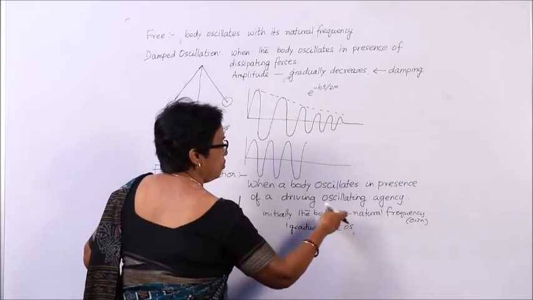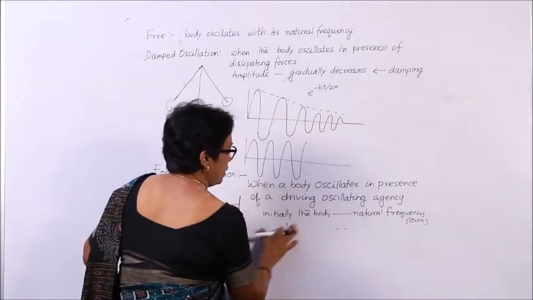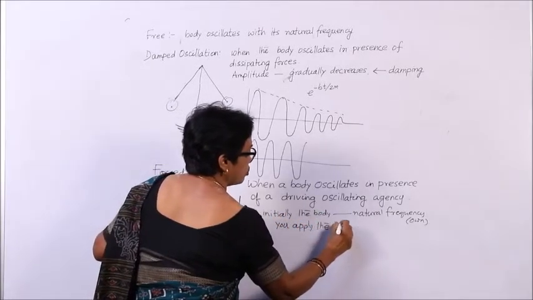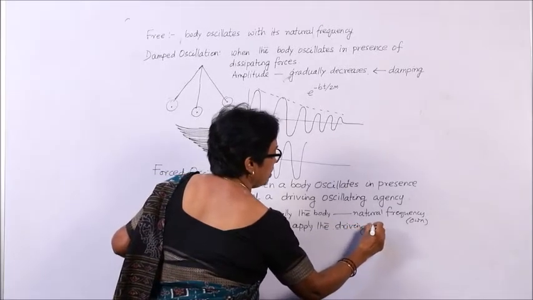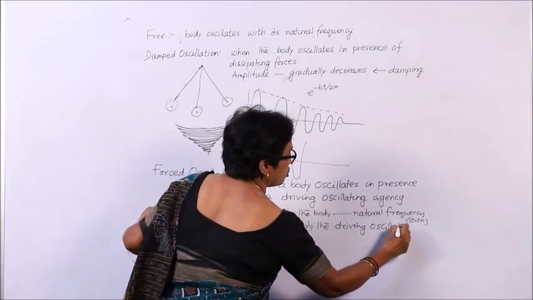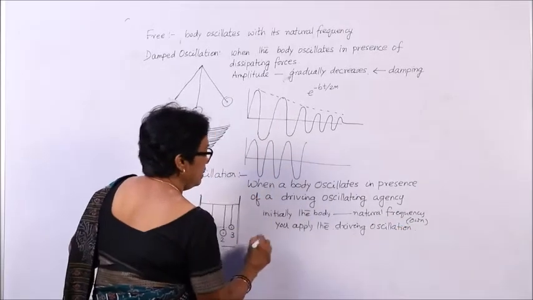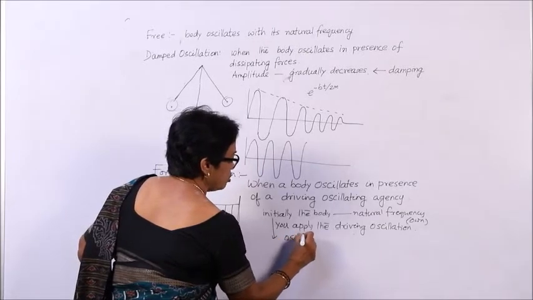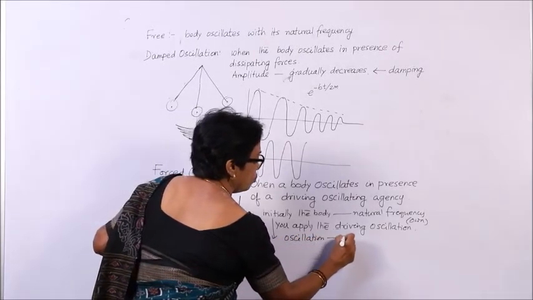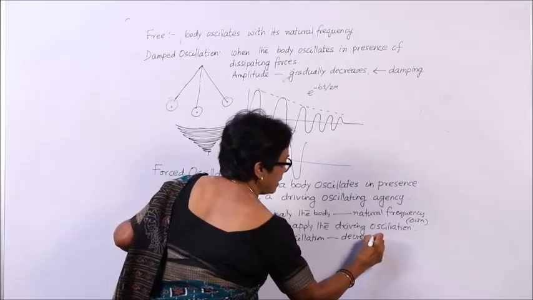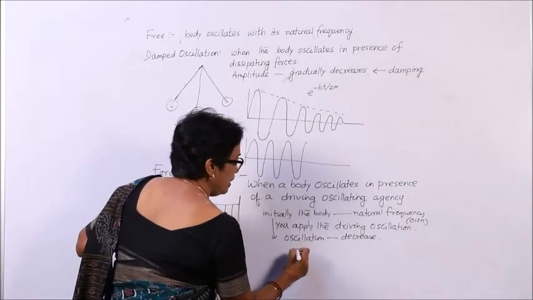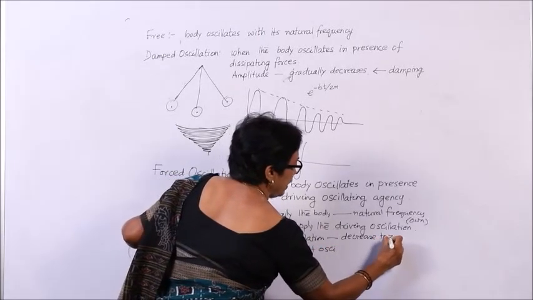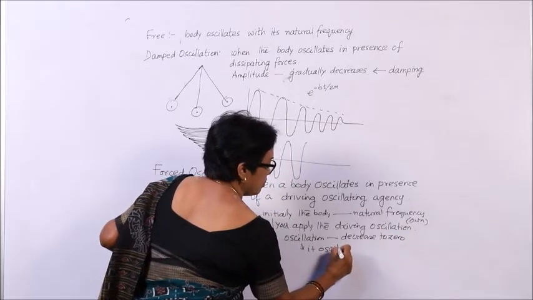If you oscillate it, you apply the driving force or driving oscillation. That means you disturb one, and then what will happen? The original oscillation, these oscillations gradually will decrease, slowly, then it oscillates, decreases to zero, and then it oscillates with